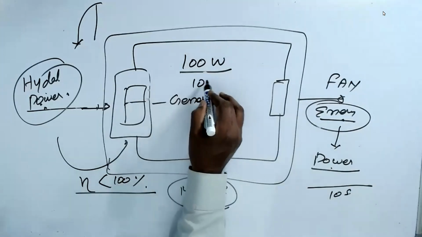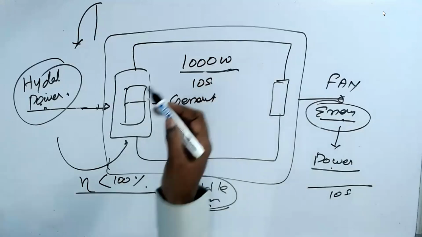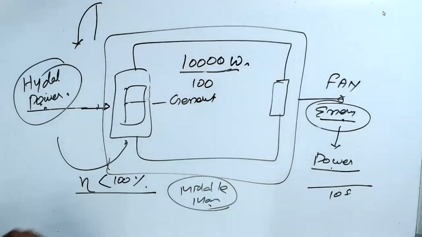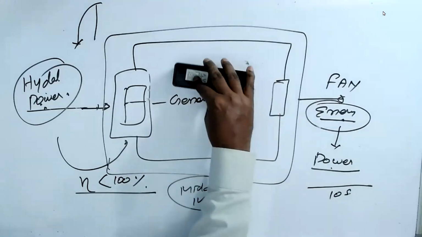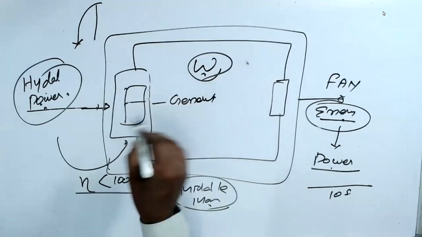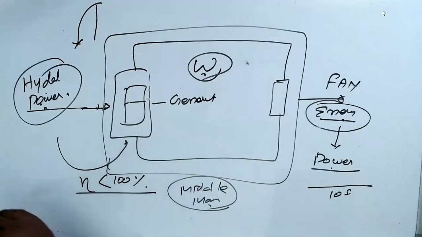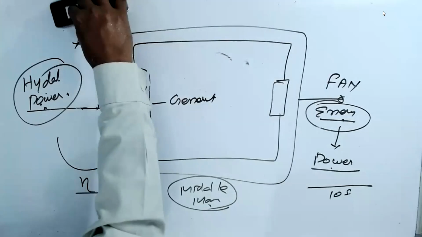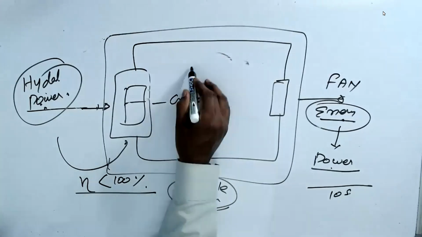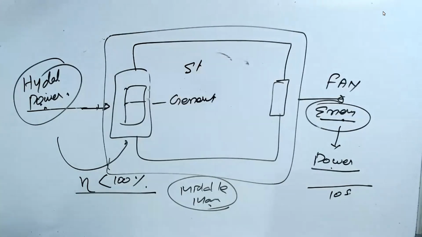If you use it for 10 seconds, then it becomes 1000 watts. If you use it for 100 seconds, that is 10,000 watts. So a 100 watt bulb means 100 watts per second. You know, the watt came from James Watt. Everything is a scientist's name. Those days, they slogged and finally found out, from horsepower, and horsepower came from the steam engine. That's the reason they gave a thing called watts. So 1 horsepower is equal to 746 watts. That's the way they studied.